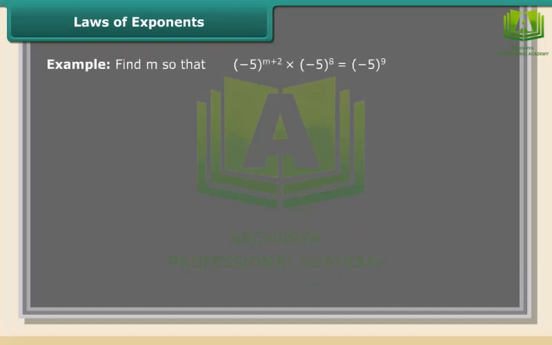Example: find m so that (-5)^(m+2) into (-5)^8